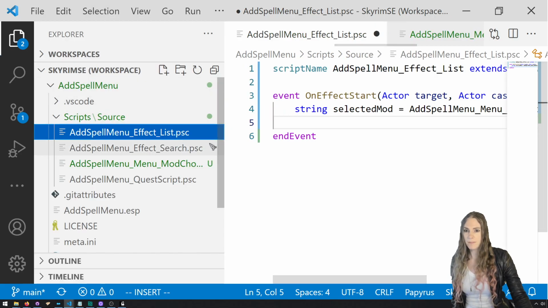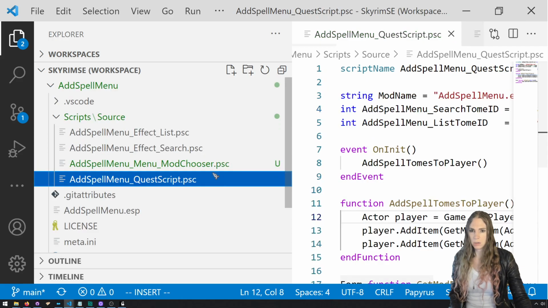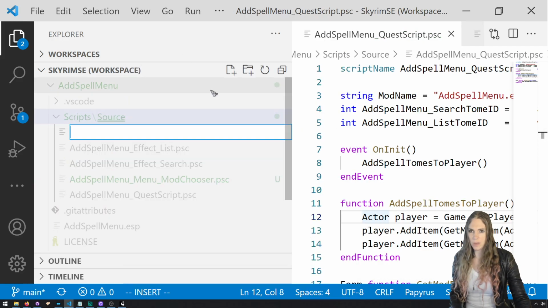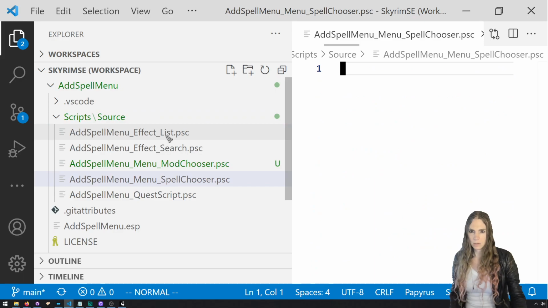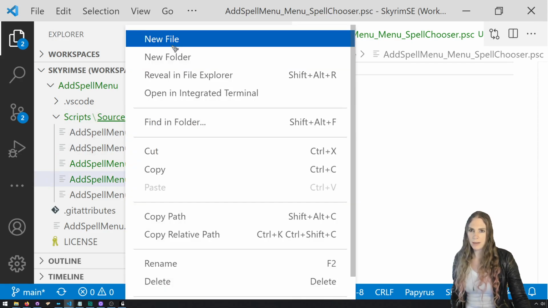So we could have a spell chooser, just like we've got this mod chooser. I'll go to source, right click new file, and I'll do a spell chooser. So we'll have a list for choosing your mods, we'll have a list for choosing your spells, and we'll probably have a